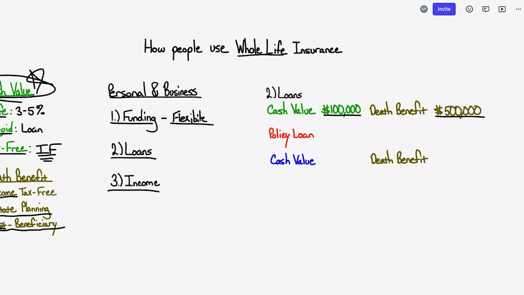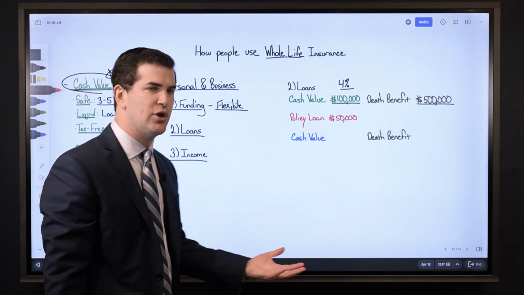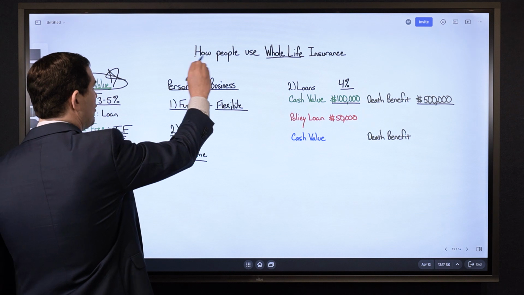You elect to take a policy loan. Let me back up actually. What's the policy growing by? We mentioned net growth rate, somewhere between 3 to 5%. Want to use 4%, pick the middle. I think that's conservative and a good number to use. So 4% net growth rate, net internal rate of return. You elect to take a policy loan. For simplicity, you take $50,000. You can typically borrow up to 90 to 95% of whatever you have in cash value. That's a question a lot of people ask when they say, how are people using this?